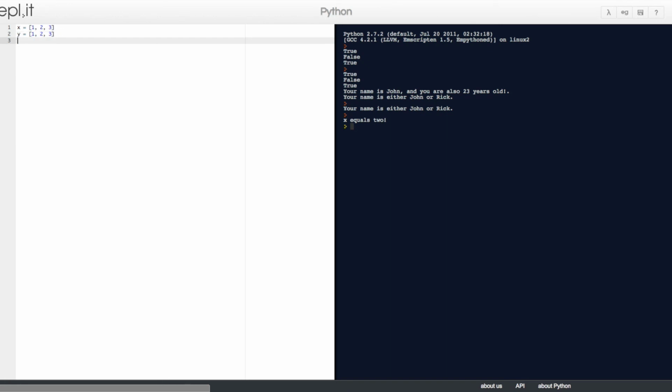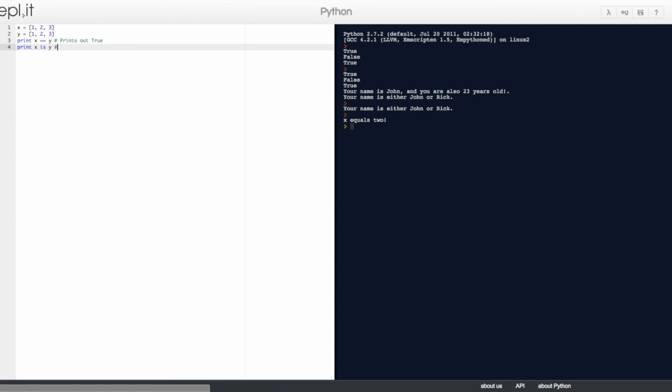Now we want the program to print some stuff. So we want to print that x is equal to y. We're going to check, and it should print out true. And then we want to check if x is y.